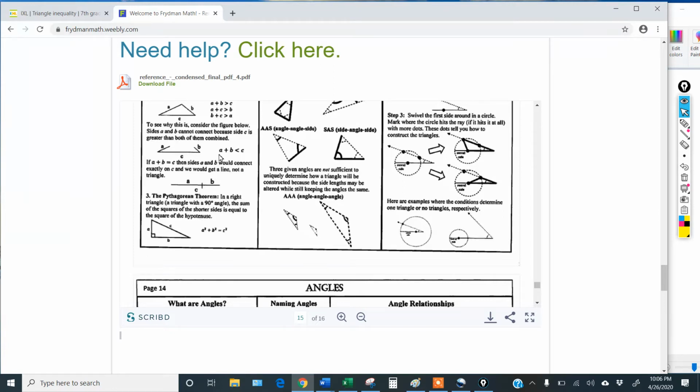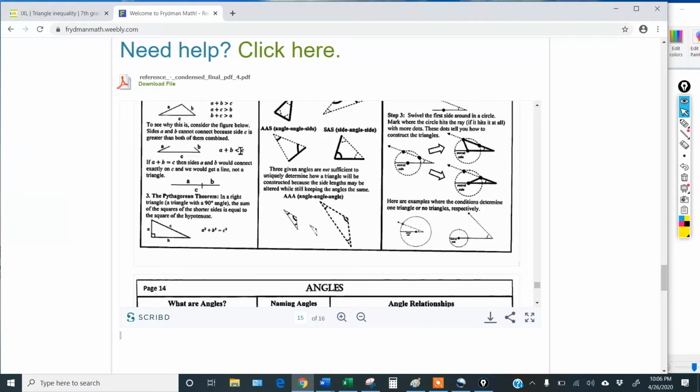So the length of A plus the length of B is less than C. Not only is A less than C, and not only is B less than C, but even if we put them together, A plus B is still less than C. And when that happens, we will not be able to connect those two sides,